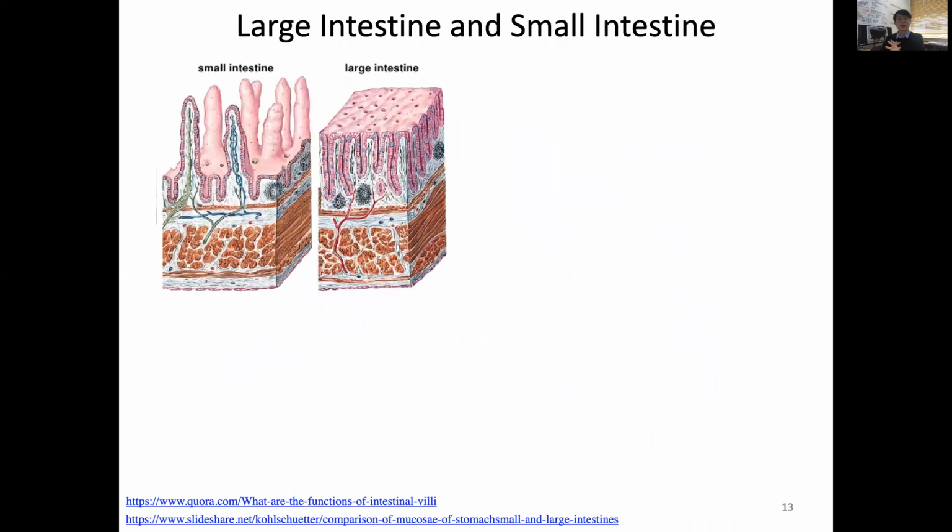So I just want to show you the structural differences between the large and small intestine. The small intestine has a lot of villi coming out, while the large intestine is the opposite way. It's called the pit. So both increase surface area, but they look a little different. And I just want to give you an example of that very interesting architecture that effectively increases surface area in the small intestine. Think about the respiratory system,